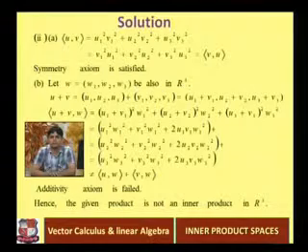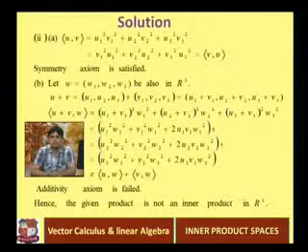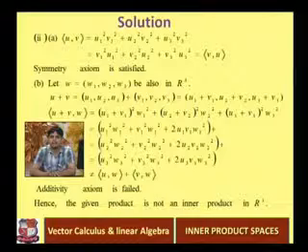u3 square w3 square plus v3 square w3 square plus 2 times u3 v3 into w3 square, and we can easily check that this is not equal to the inner product of u comma w plus the inner product of v comma w, because we get 3 additional terms, 2 times u1 v1 into w1 square, 2 times u2 v2